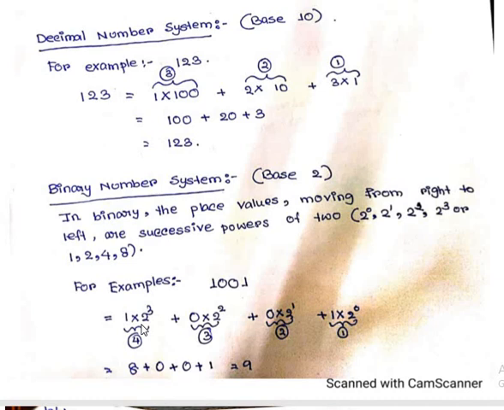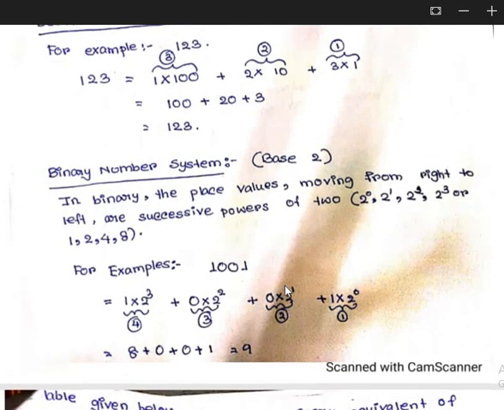So I will write the digits separately and multiply them with powers of 2, and the power of 2 will increase by 1 from the right hand side towards the left. Now here I can see that 1 into 2 to the power 3 will give you 8, as 2 to the power 3 is equal to 8, and 8 multiplied by 1 will give you 8. Now 0 into something will give you 0, and 2 to the power 0 will give you 1, and 1 into 1 will give you 1.